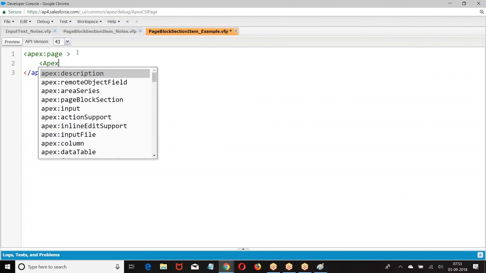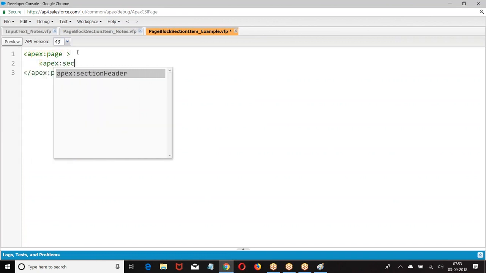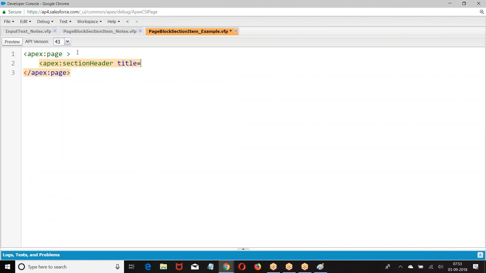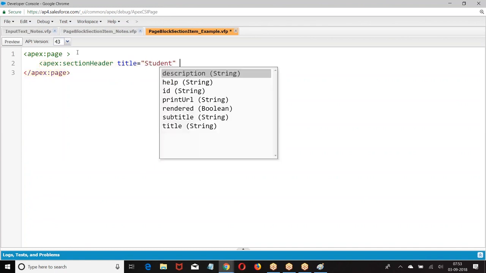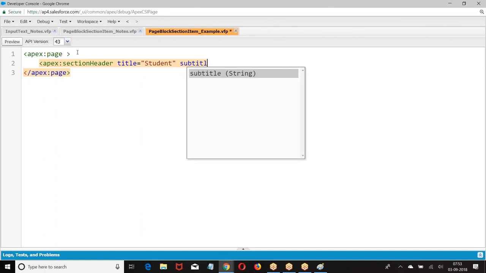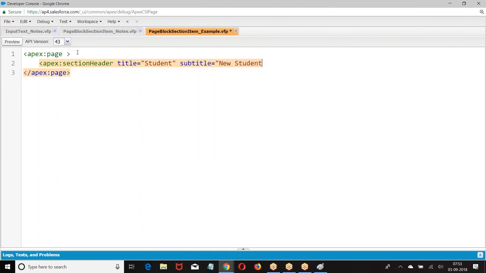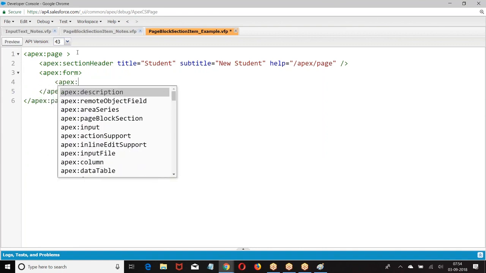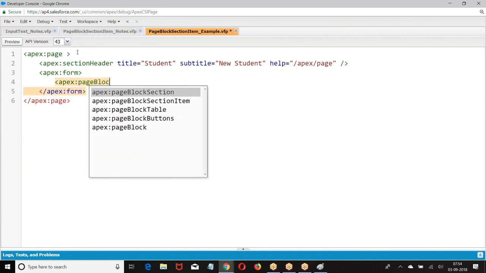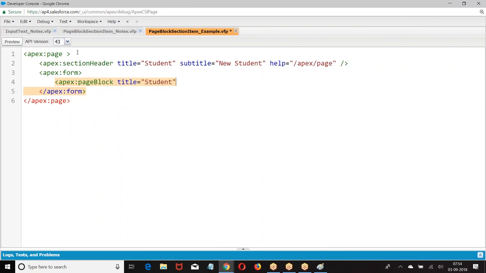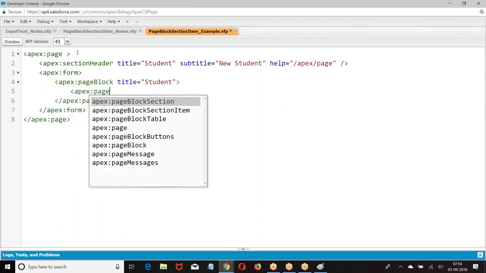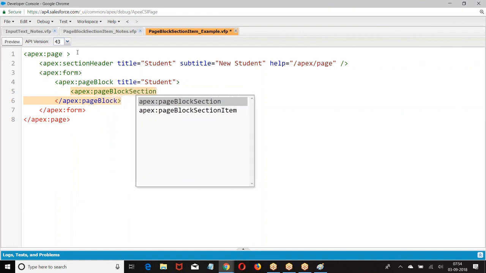In the page block, we have block section.